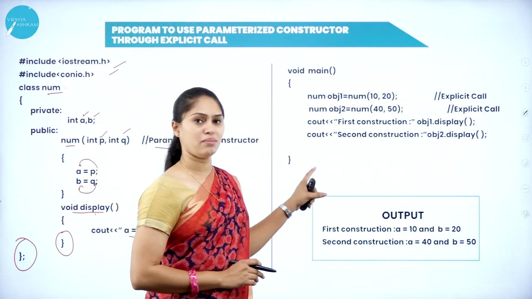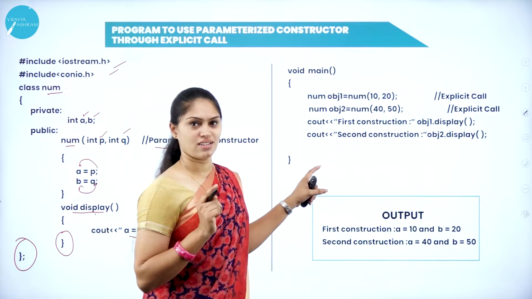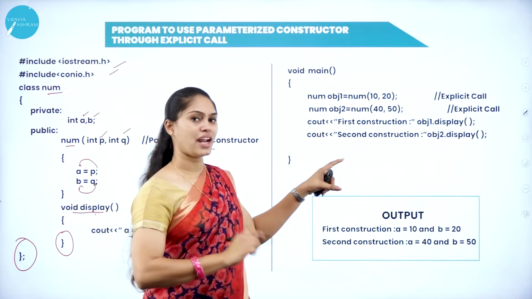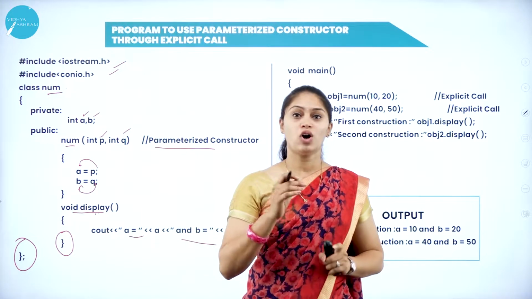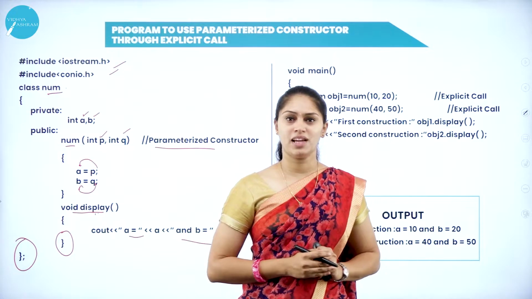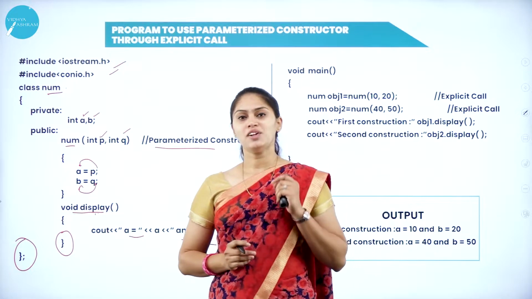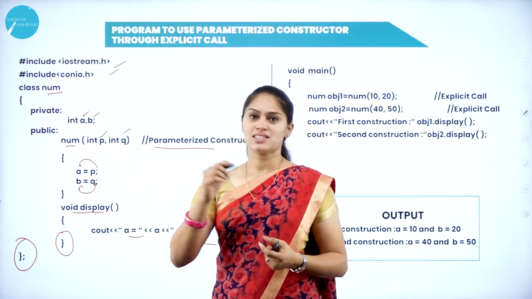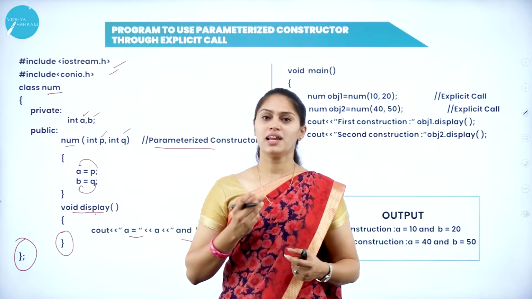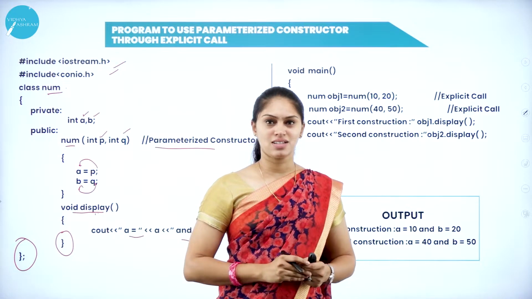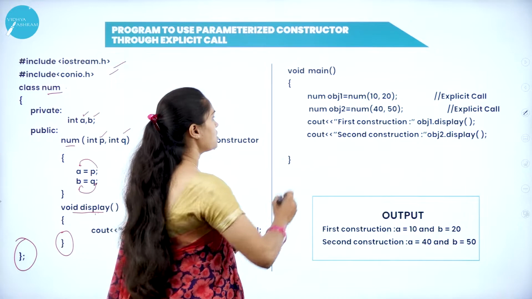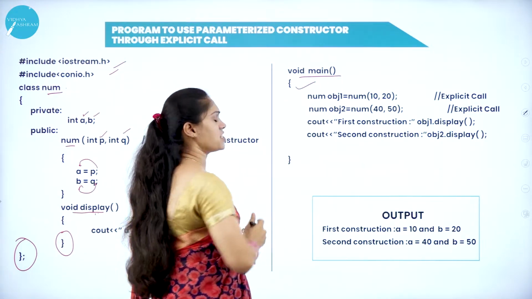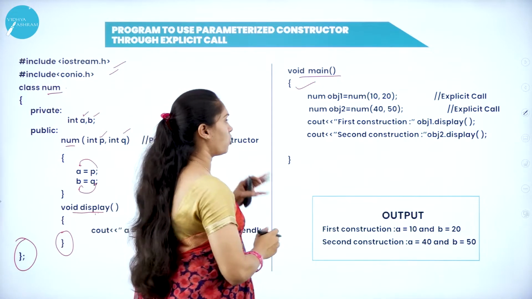Coming to the void main, here you have to concentrate. Since I'm using explicit call, what am I supposed to do? I need to assign some value to the object externally. In order to invoke the constructor, I need to assign some values or perform some operation externally in order to call the constructor function. So void main is where the actual execution of a program starts, and it indicates the opening of flat braces, that is the scope of a class.